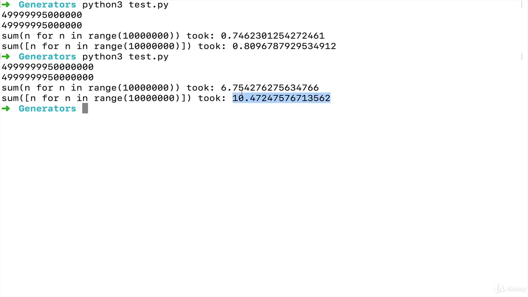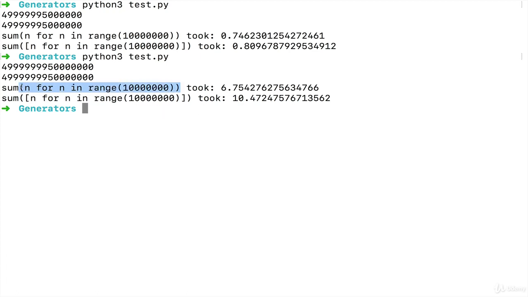That is a big difference. Look at that. 6.75 seconds using a generator expression, 10 seconds using a list comprehension. Massive difference. And of course, the reason for that is that here, when we're using sum, it makes the entire list first, and then it has to go over the entire list and add everything together. So it makes it first and then adds it, and it has 10 million digits. That's a very long list.